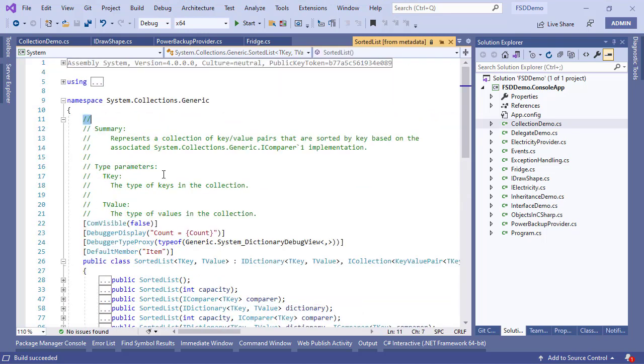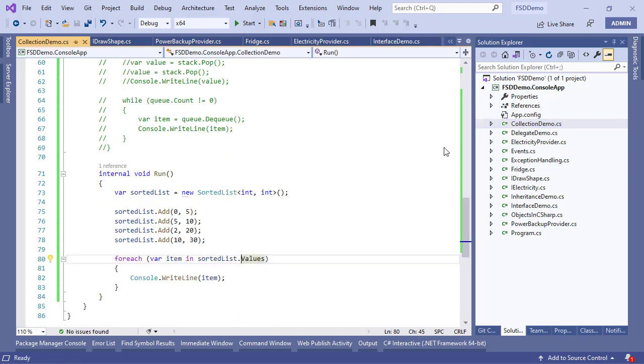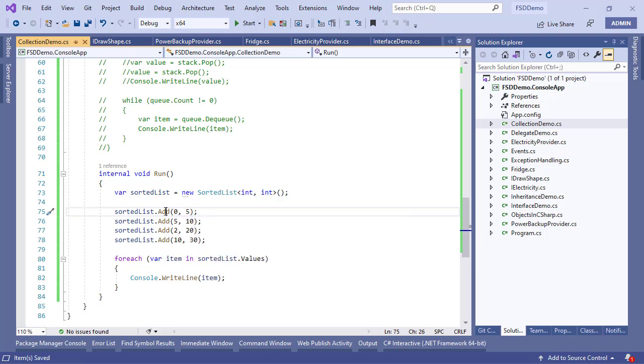So let's go ahead and read this documentation. It presents a collection of key and value pair that are sorted by key based on the associated comparer implementation. Because our key is an integer, this code should have compared these values, and it should have injected values a little differently. So the key itself,